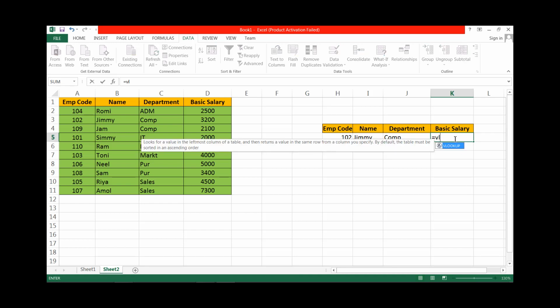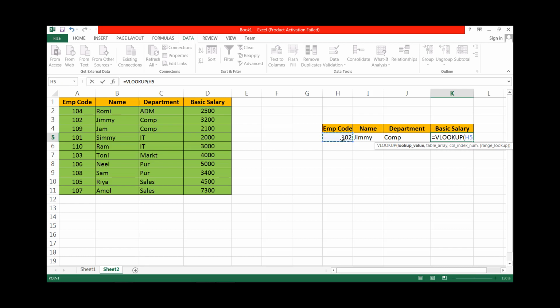Okay, like this you can also set here for basic salary. Again apply VLOOKUP. Now again the same way, select the range, comma, column index is now 1, 2, 3, 4, and we want exact match. Therefore you can also write here 0, enter.